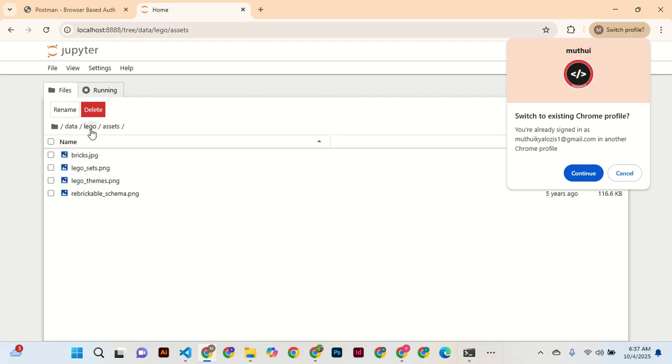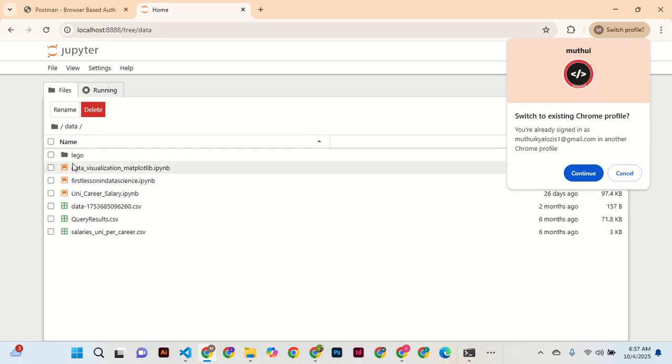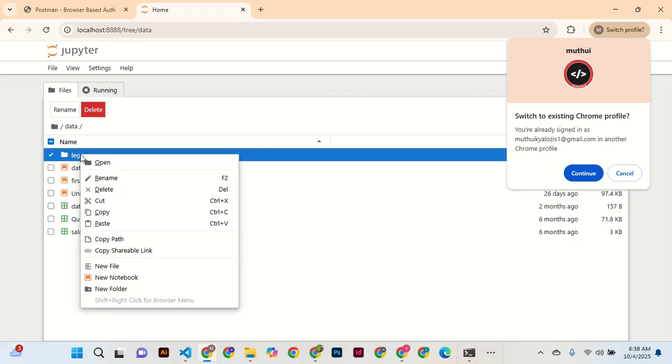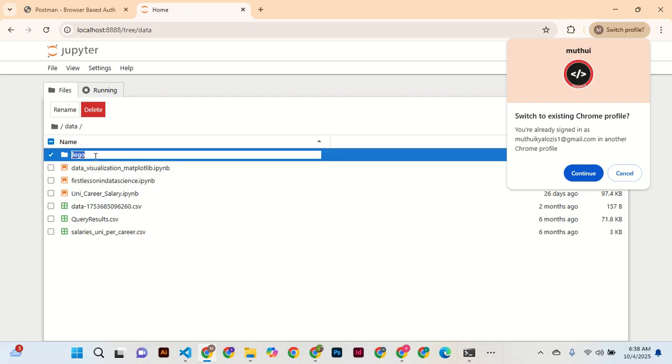But still, we can change this. We can change this to asset and data, or we can set this. Let me show you. We can rename this by right click, and then we come here to rename. This is asset and data, so we can say AD, asset and data. It doesn't make sense, but